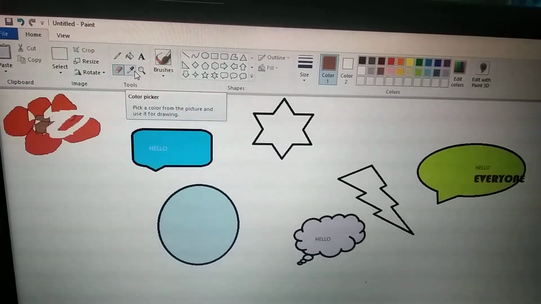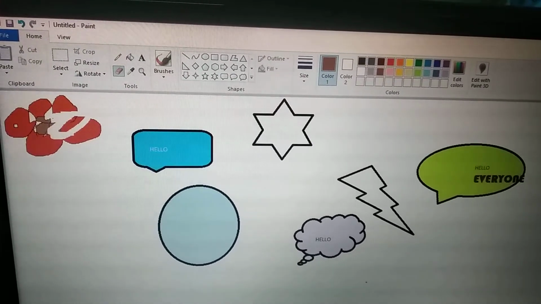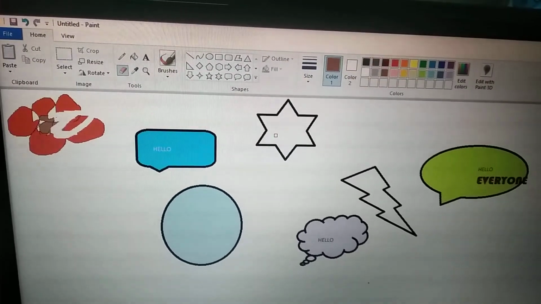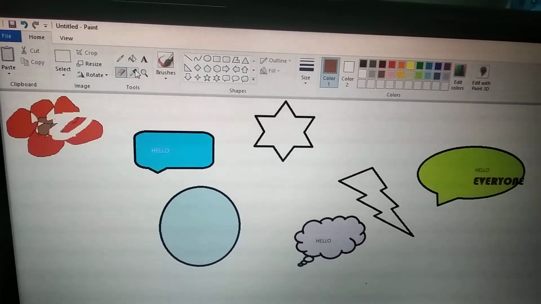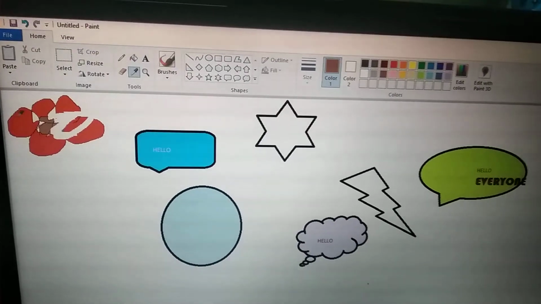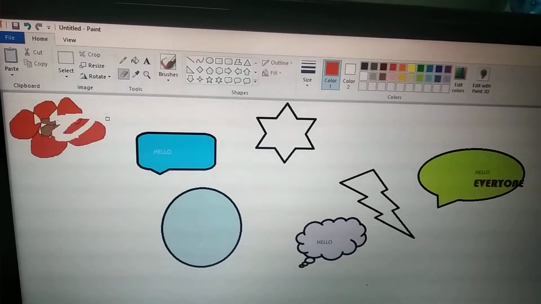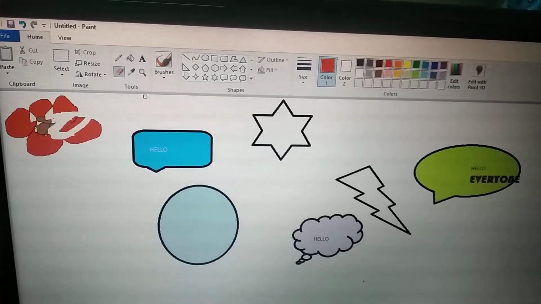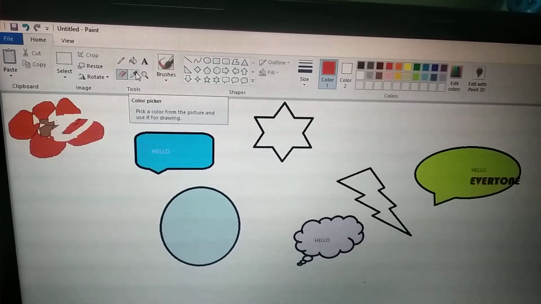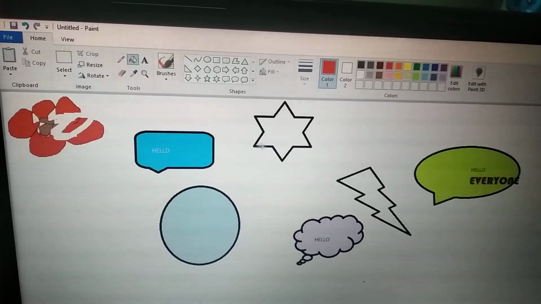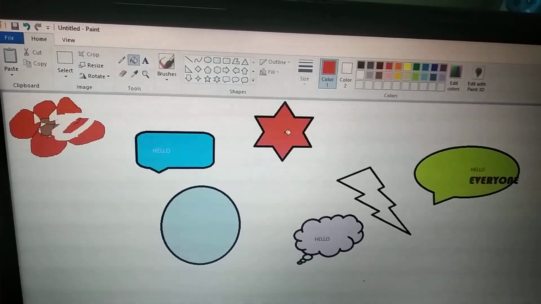If some color is here and you want to fill only this color here, select this color picker tool, then select the color from here. This color picker tool will select the color and then you can fill this color in this star.